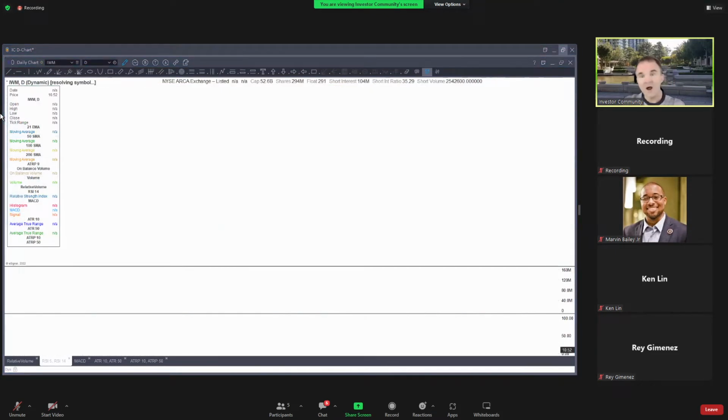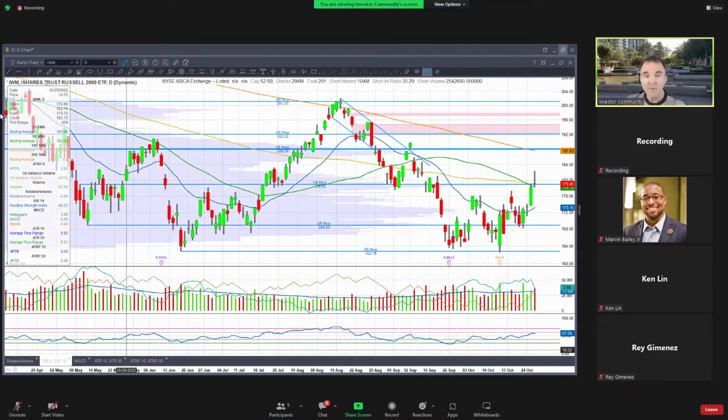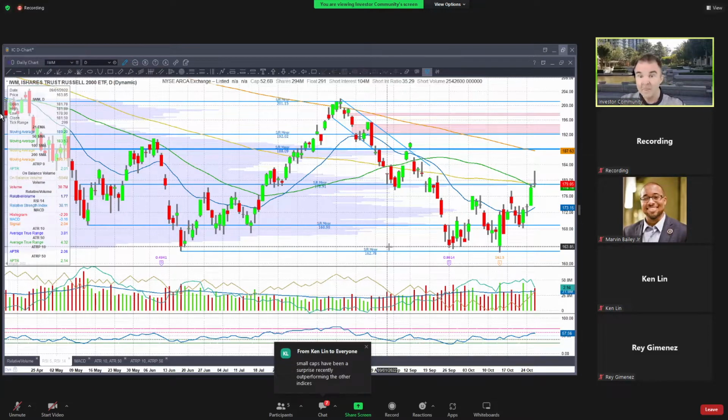All right, so let's look at IWM, the Russell 2000, because this was also really interesting today. And if you read the morning briefing, you noticed that I pointed out that the Russell 2000 was green, the only index that was green in the pre-market. And you can see that it gapped up, right? We had a little bit of a gap up this morning. So it outperformed all day long. And actually the Russell 2000 is the only index that finished green today.